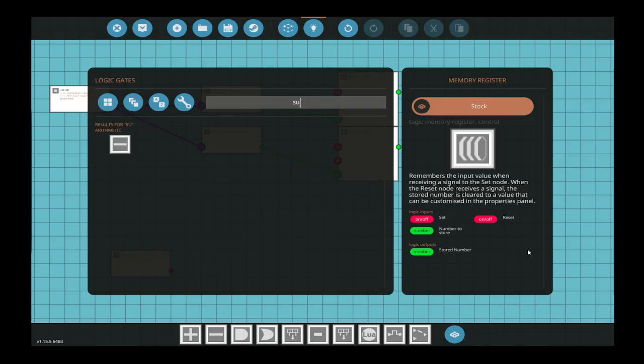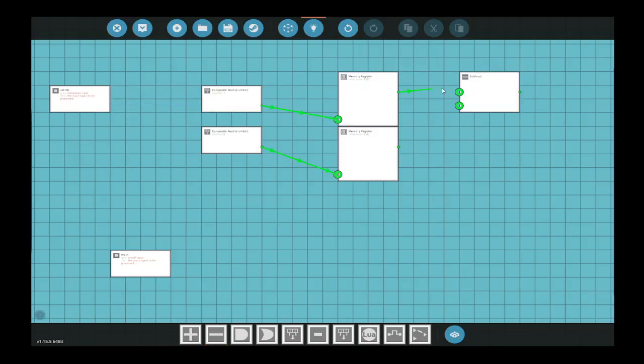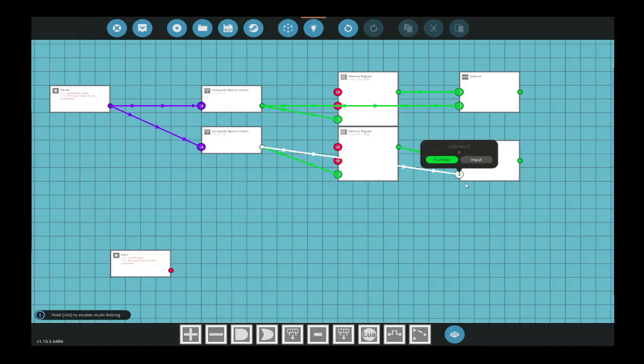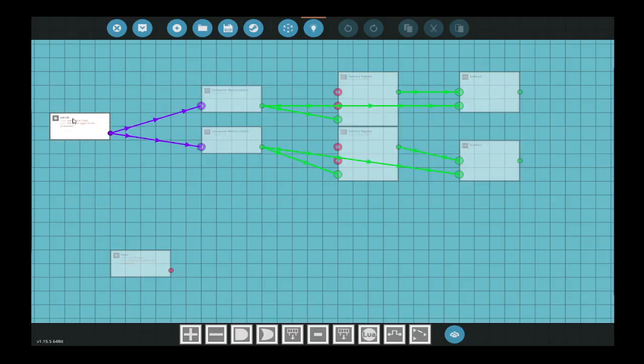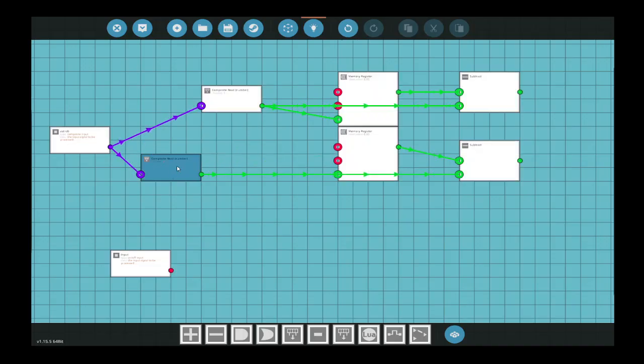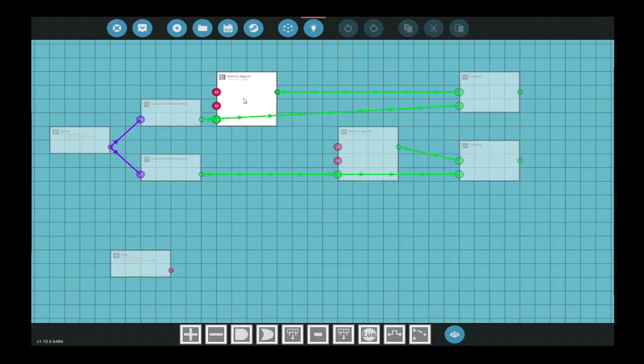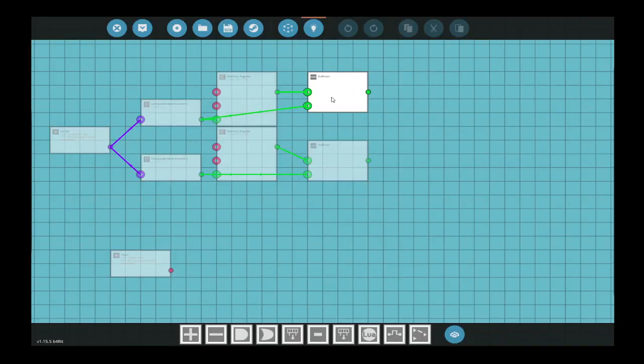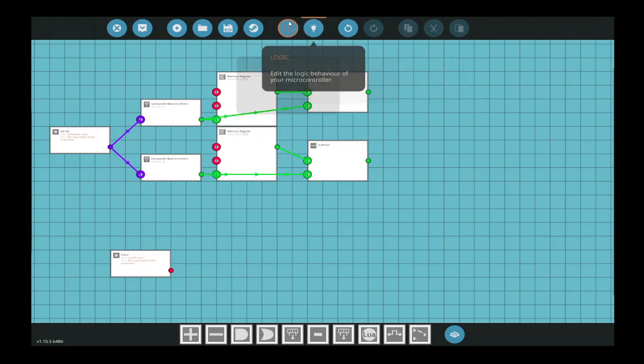Then what we need to do is we need to subtract this and this and this. And that, in theory, should be the distance between those 2 points. So if we output that,